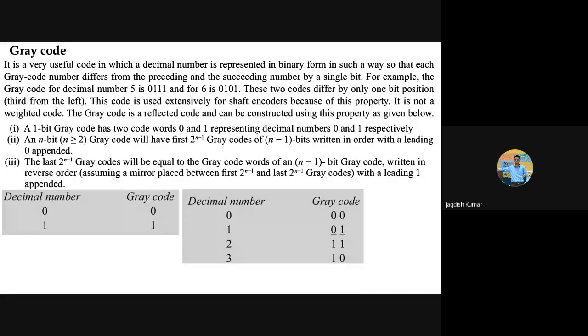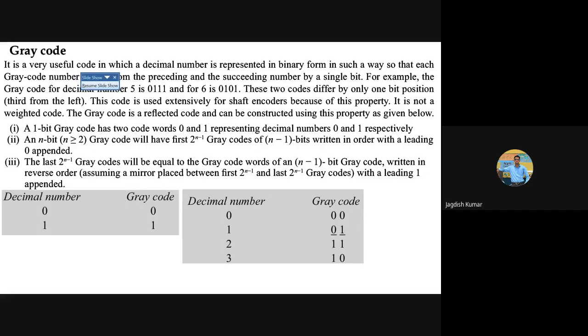Yes, 0, 1, 0. Correct. Subhash, you check. What was 2? 2 is equal to 0, 1, 1. Now for 3, you are saying 1, 1, 1. We have to move to the most significant bit only when we are not left with any option. But here, we had an option of changing the least significant bit. So 0, 1, 0 is the correct representation of 3 in gray code. Then what is 4 equal to?